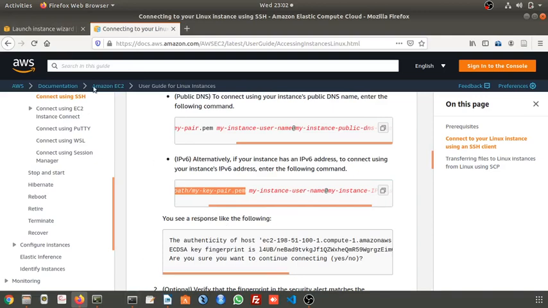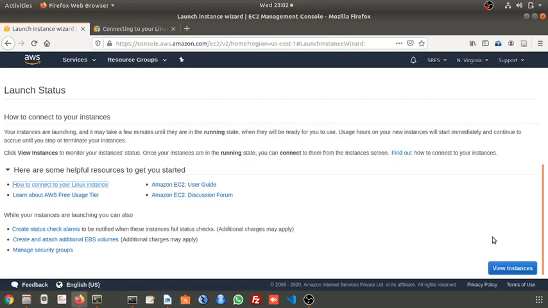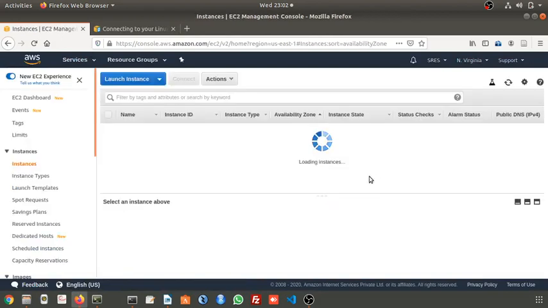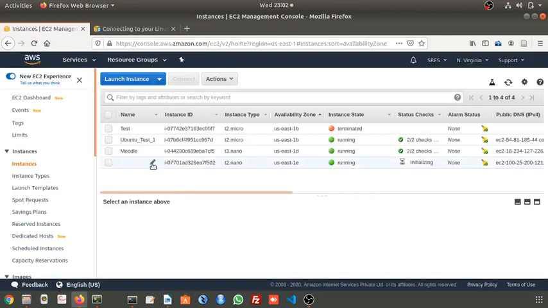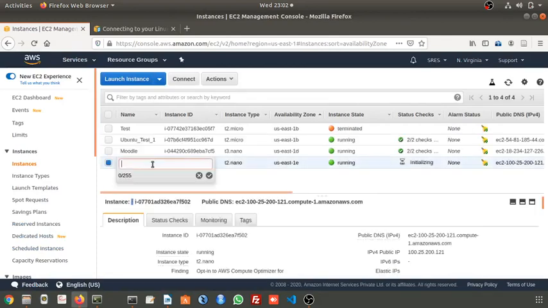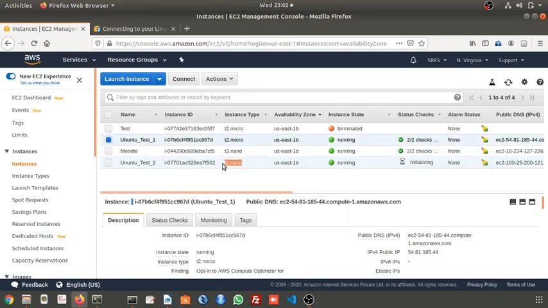Now let's view these instances that are created. Now this is recently created. I will name it Ubuntu_test_2. You see here the instance type is different. This is micro, this is nano, but the operating system is the same.